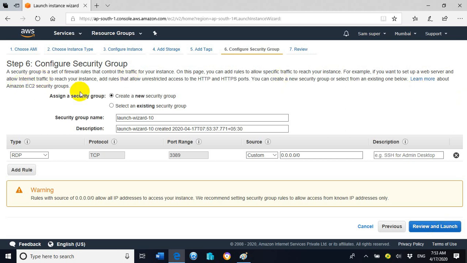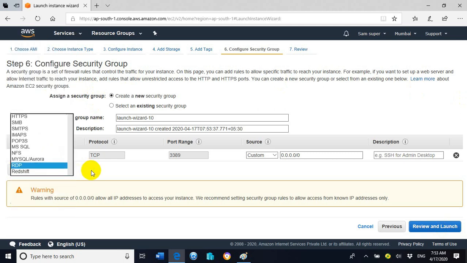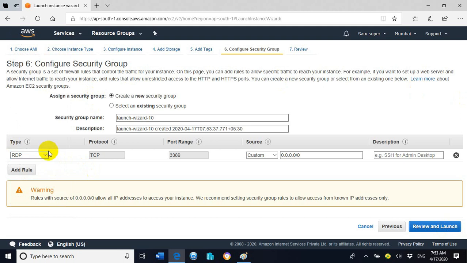So here it will redirect us to step number 6, configure security group. Here we need to mention the type of ports, the methods through which we want to access our EC2 instance remotely. If it is a Windows EC2 instance, then we require RDP.